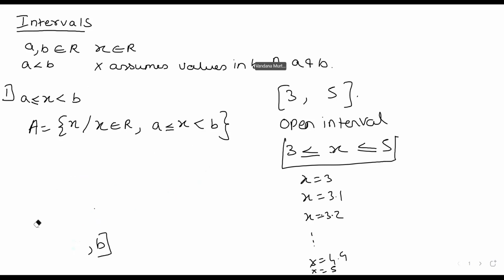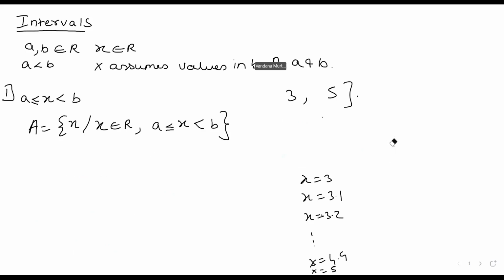Okay, so this is the next type of interval. ये क्या कर रहा है? ये a की वैल्यू को तो assume कर रहा है, लेकिन ये b की वैल्यू को assume नहीं कर रहा है,